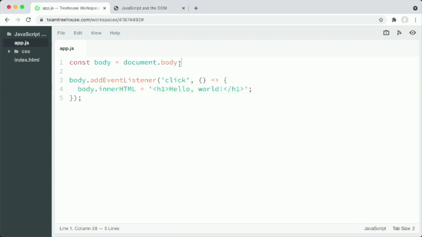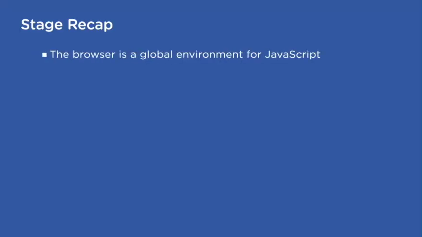The main thing to note for now is that we selected an element, set it to listen for a click event, and perform a function as a result. This is a typical sequence when controlling a web page with JavaScript. This ability to listen and respond to events allows users to interact with a web page. There are many other ways to target elements on the page with JavaScript, and that will be the focus of the next stage. In this stage, you learned about the browser as a global environment for JavaScript, and that the